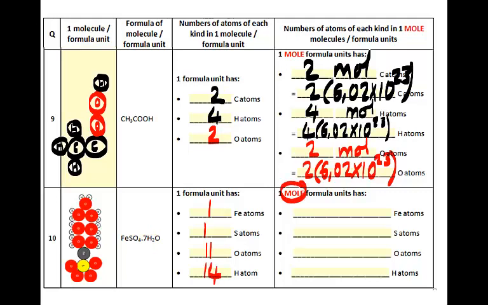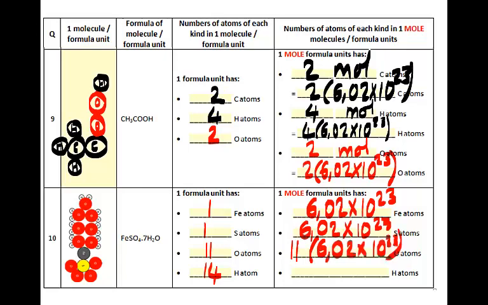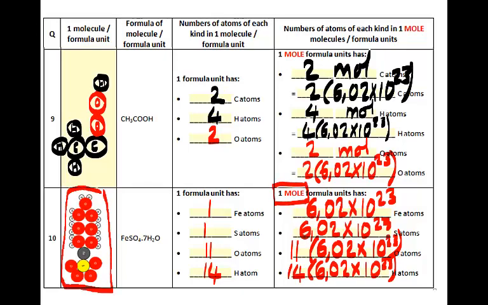If we have a mole of these things, we have 1 mole of iron atoms, or we can write it as 6,02 times 10 to the power 23 iron atoms. We also have a mole of sulfur atoms. We have 11 moles of oxygen atoms. And we have 14 moles of hydrogen atoms. So a single mole of this substance, in other words, if we had 6,02 times 10 to the power 23 of these things, contains in it 14 plus 11, 25, 26, 27, 27 moles of atoms inside 1 mole of